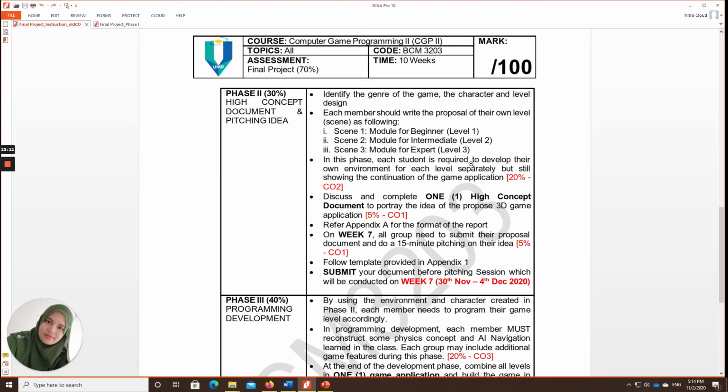Maksudnya kalau awak buat scene 1, you have to develop, play around with the asset store and the environment, play around with the plane in Unity to develop your scene. But make sure, walaupun awak work individually on the scene, that each of the scenes is a continuation. Maksudnya daripada scene 1, module for beginners, it has some continuation to the module for intermediate. Okay, and the same goes from intermediate to expert, because later on at the end of the phase, you will need to